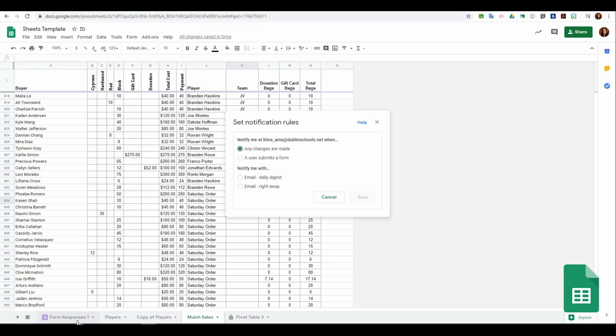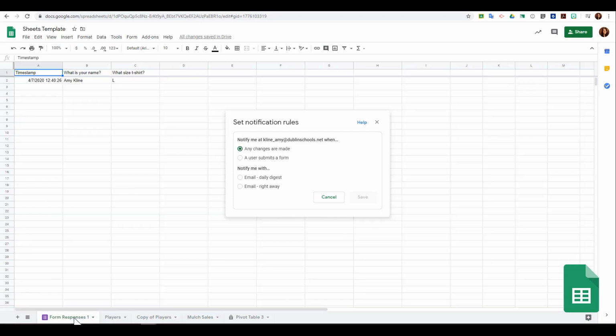Or remember, we added that form to our spreadsheet. I can say, tell me anytime a user submits a form. So when there's a new entry on this sheet, I will be notified. I can choose to get an email once a day, or I can choose to get an email right away